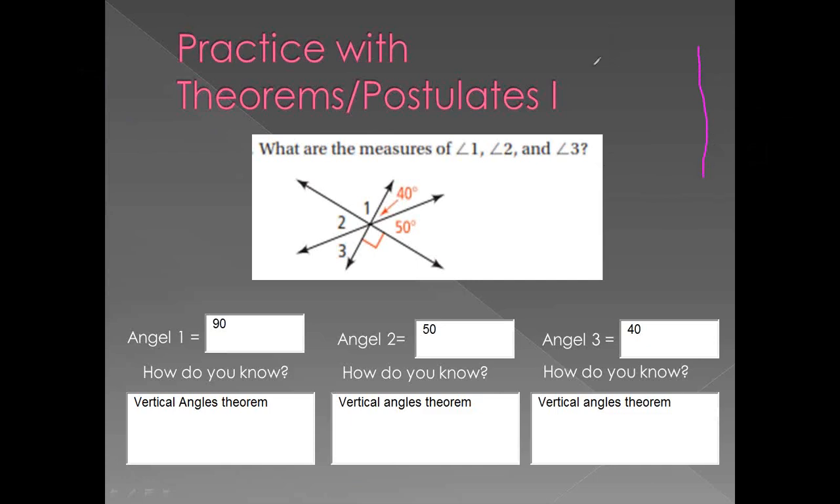Suppose over here is our statements and over here is our justification. We could make a statement that angle 1 equals 90. And then how do you know is our justification? And we would say vertical angle theorem, which is kind of hard to type, but if you guys have seen